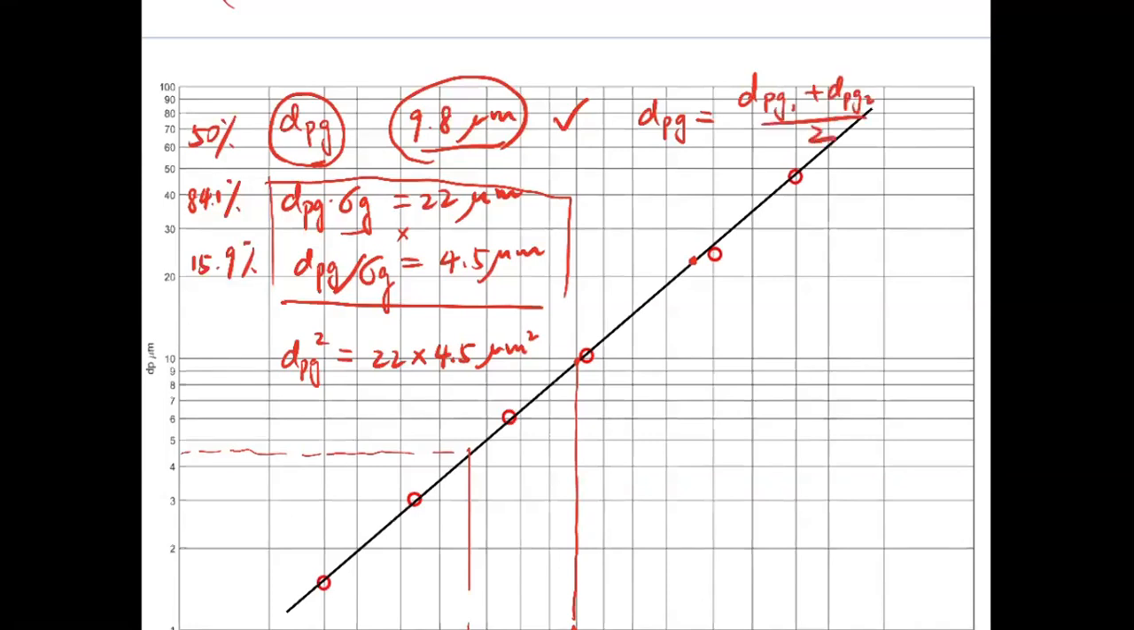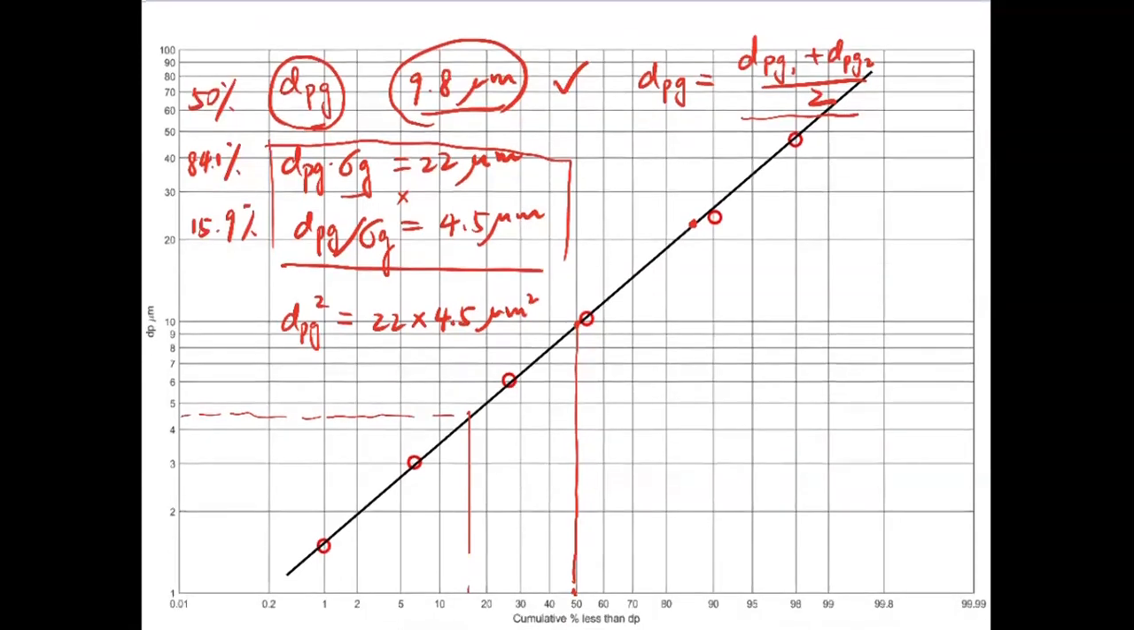Divide by 2. It doesn't matter. Actually, if you get the correct answer or exactly the same answer, you can just use that. If they differ by a little bit, you can just take the mathematical mean of the two sizes, right? So the way we calculate sigma G is just by dividing these two equations, right? Sigma G squared is going to be equal to 22 divided by 4.5. So this is how we can calculate the sigma G